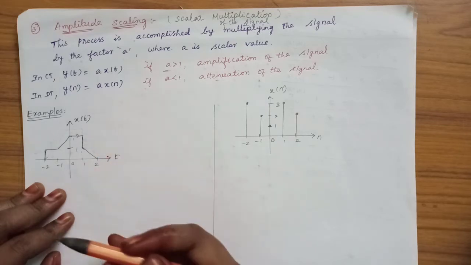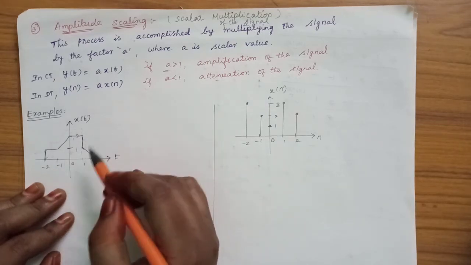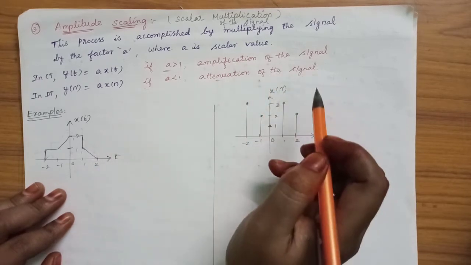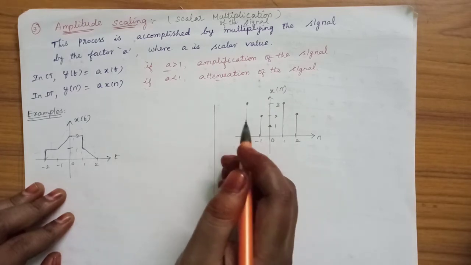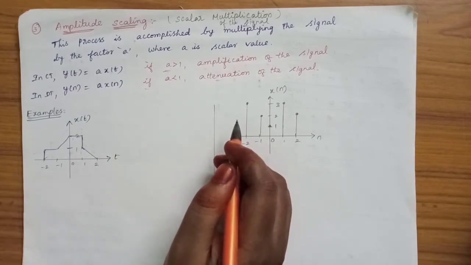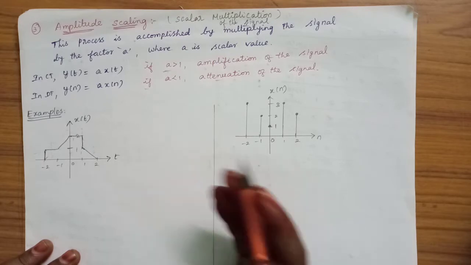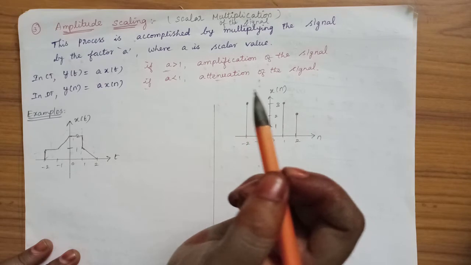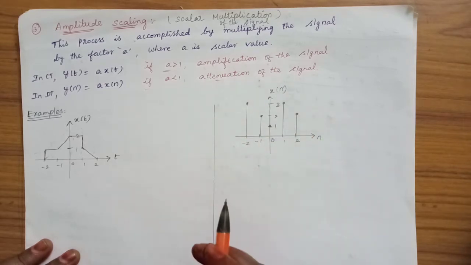the resultant signal will have higher voltage levels, that is amplitude levels, compared to the original signal. So it is called amplification of the signal. It is useful in boosting real-time signals. For example, while recording biosignals like ECG and EEG, they will be at micro and millivoltage levels only. To get better results, we need to amplify the signal further.